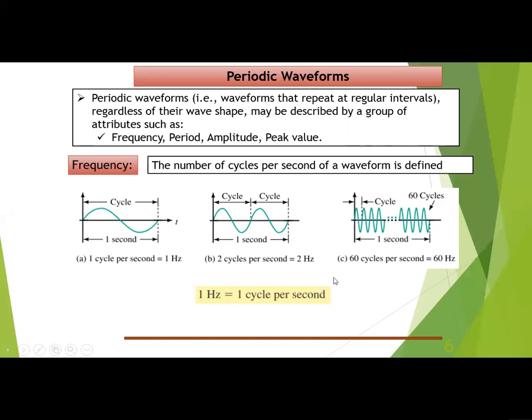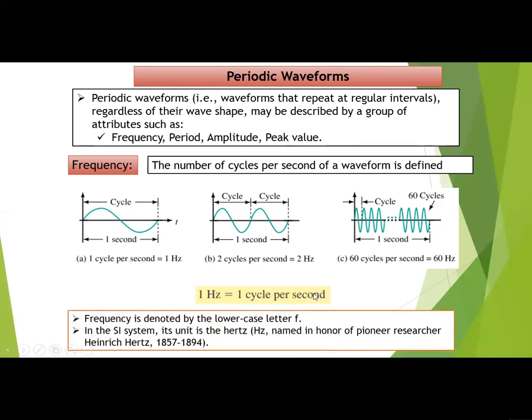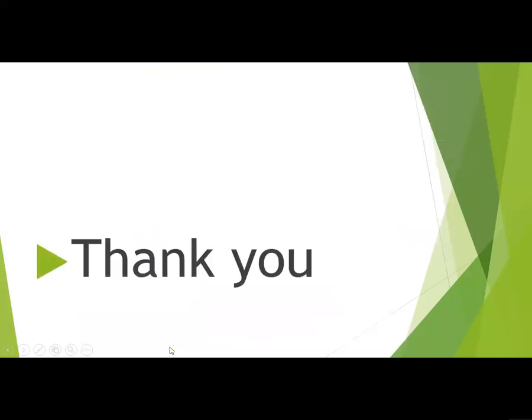In India, as per the Indian standard, our frequency is 50 hertz. Therefore, 50 cycles per second, so it is 50 hertz. As per the Indian standard, the AC supply frequency is 50 hertz. Therefore, in 1 second, how many cycles? 50 cycles are completed in 1 second. The SI unit is hertz, denoted by Hz, in honor of the pioneer researcher Heinrich Hertz.